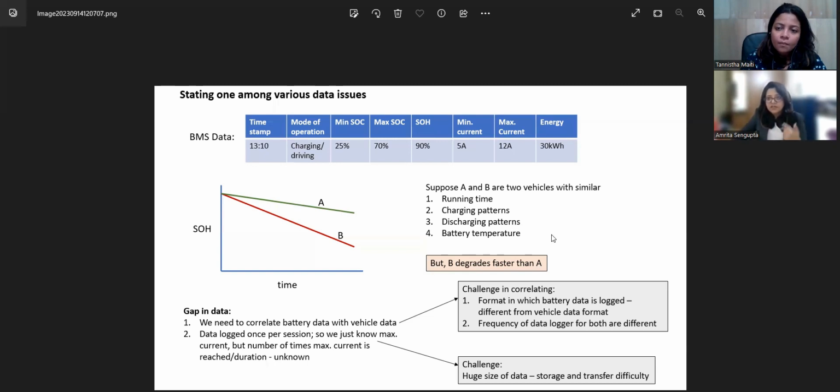For example, the same buses will have the same charge and discharge patterns if they are running on the same route, because the road terrain will be the same. Also the ambient temperature will be the same in a certain area, right? So the battery temperature might also be the same. Say all these things are the same for these two batteries. Even then, the SOH, that is the state of health, is seen